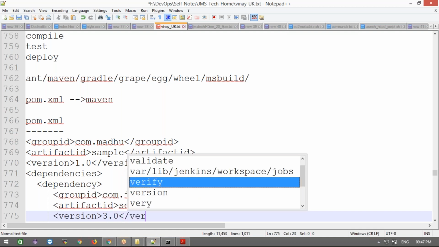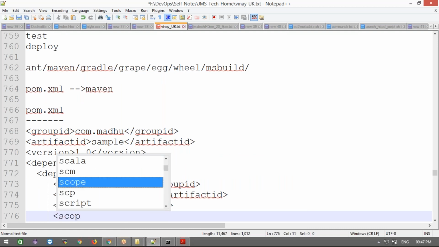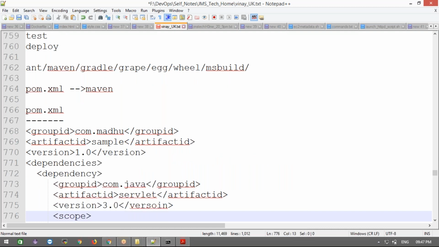Okay, and then version. When you are going to use this, is it for the runtime? What is the scope for? The interviewer will also ask what the scopes in Maven are. The scope means when I want to run this, I pull this jar file in, and this jar file is used for